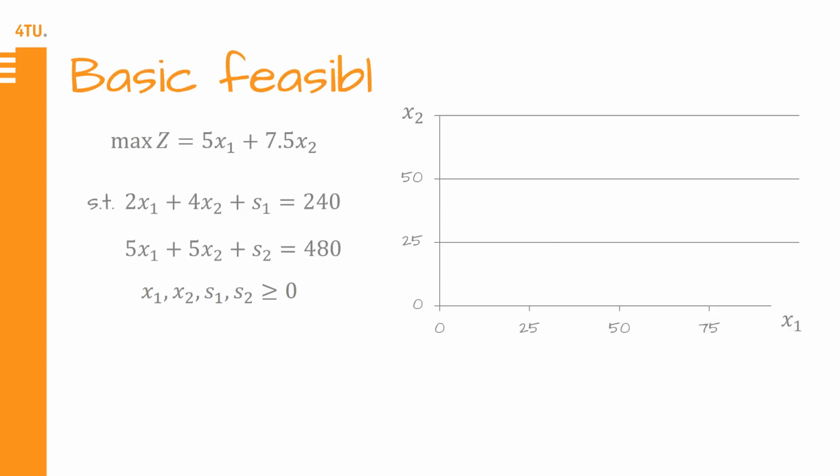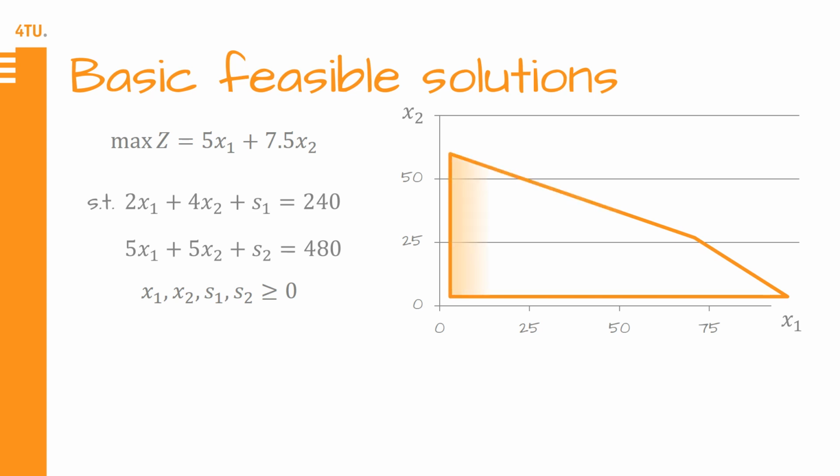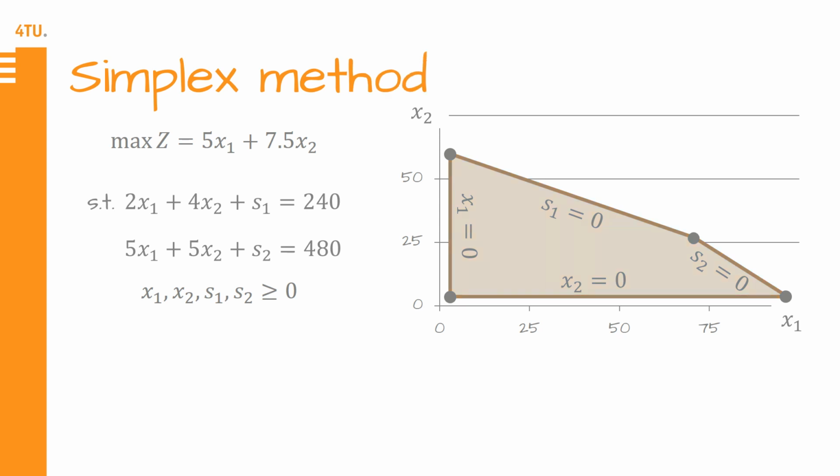The boundary lines of the feasible region are given by the constraints of the mathematical model. Recall that the corner points of the feasible region are the basic feasible solutions of which one or more are optimal. For each of the four basic feasible solutions, two of the four variables are non-basic, which means that they are equal to 0. The first step of the simplex method is to find an initial basic feasible solution.